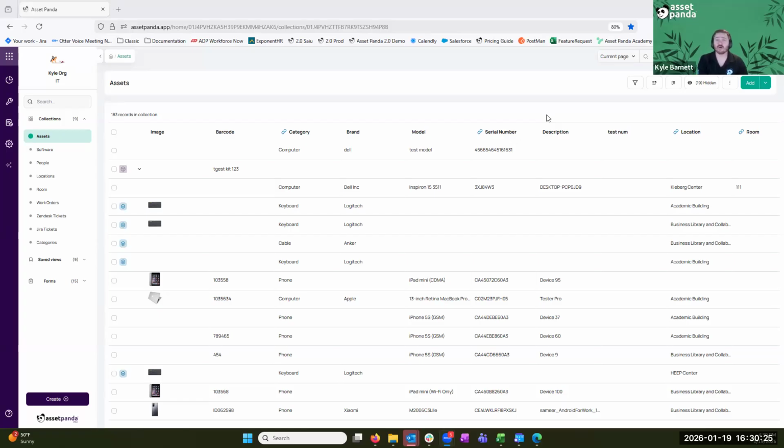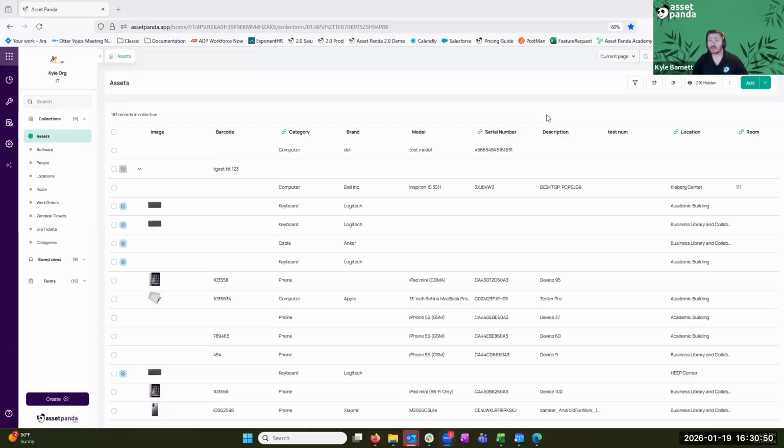Today we're going to go over our ConnectWise integration. Now, our ConnectWise integration is mainly utilized to pull over your configuration, but you can utilize it to pull over some other records, and we'll get to that in a second. With this, once you get it connected, you can pull over those configurations or other records into Asset Panda to keep them up to date. So you make sure you're getting all the correct information in Asset Panda and staying up to date on all of your assets.